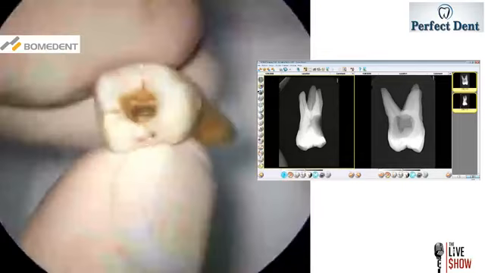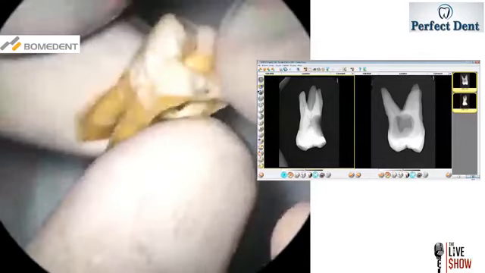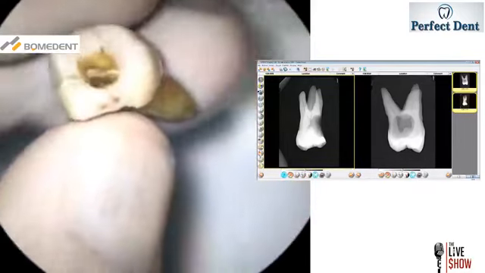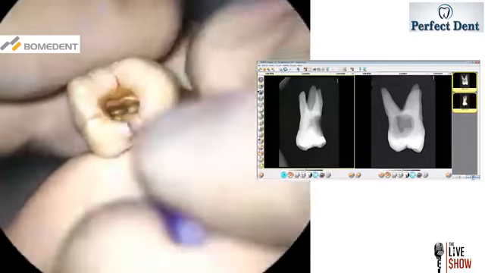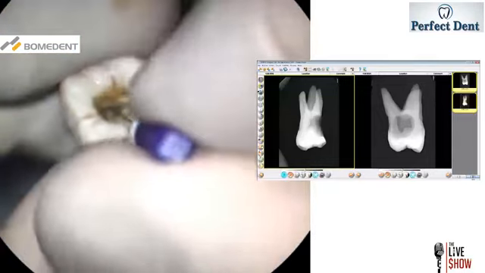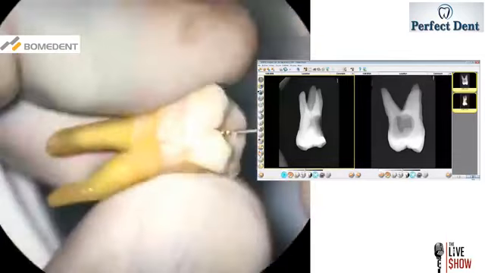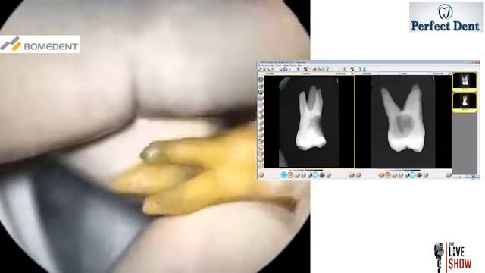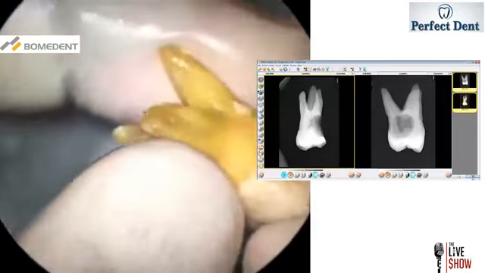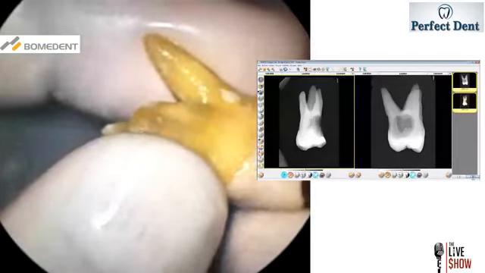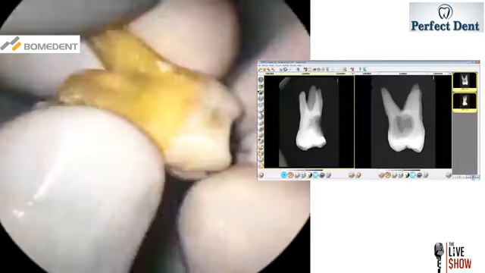All right. Now I'm going to use this same canal as an example for preparation. Okay. So I'm going to estimate my working length. In this case, I'm just going to let it peek out. You can see it coming out at the apex. And I'm going to pull back about,